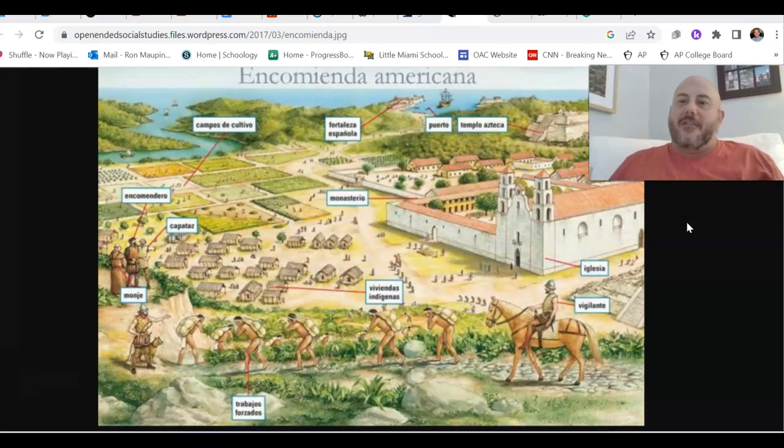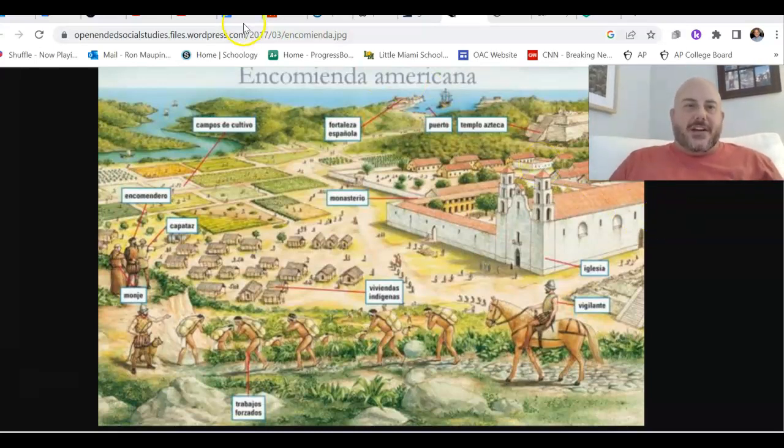And of course, the ironic thing is, well, who's going to protect these natives from the conquistador that is in charge of them? But also the Spanish will say that they have a responsibility to provide natives with the benefit of Christianity, specifically Catholicism. Not that the natives were particularly looking for this, but the Spanish believe that they are going to bless the natives by exposing them to and teaching them the ways of Christianity, protecting their safety from the outside in exchange for that labor that is provided.